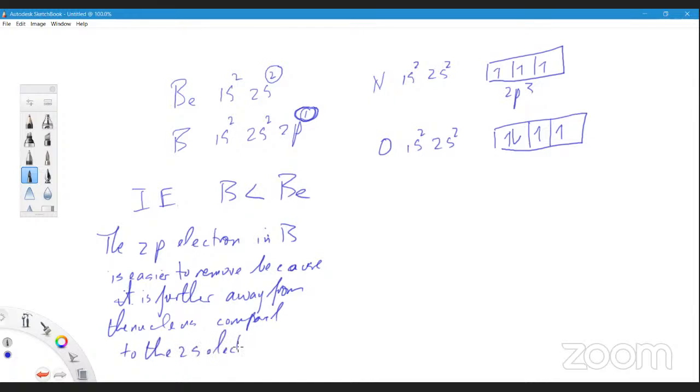All right, so that's basically the explanation for the fact that boron has a lower first ionization energy compared to